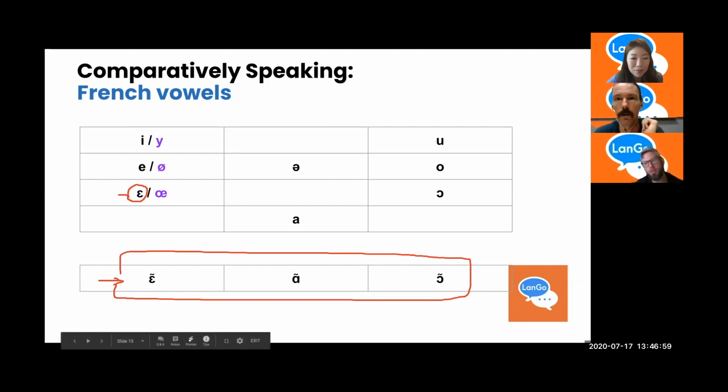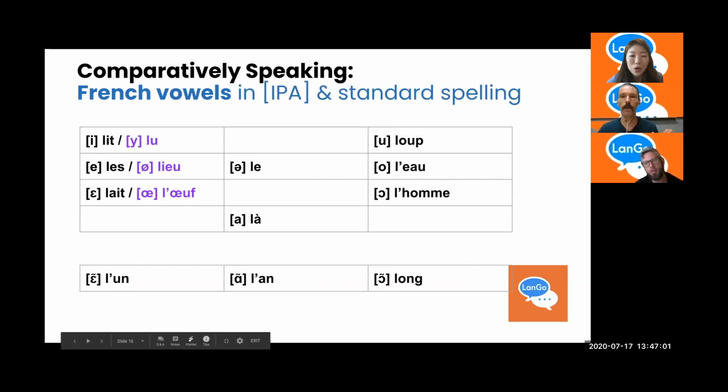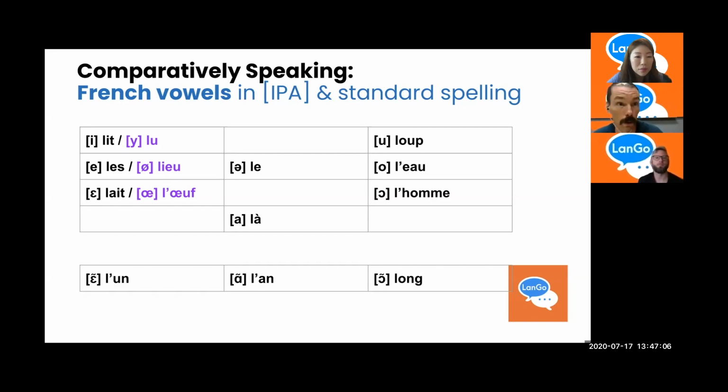Okay, let's move on now to the next slide. It's really the same stuff, but with real words shown. So the words are just in the standard spelling. We're going to see lots of silent letters as we go through here. Let me just number 1, 2, and 3. And then these down here will be 4.